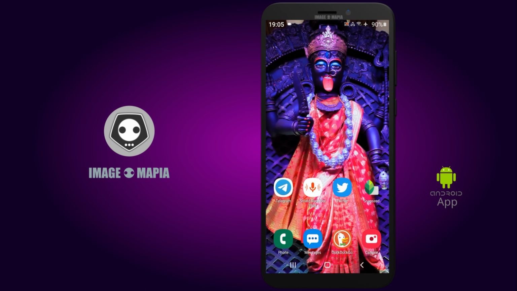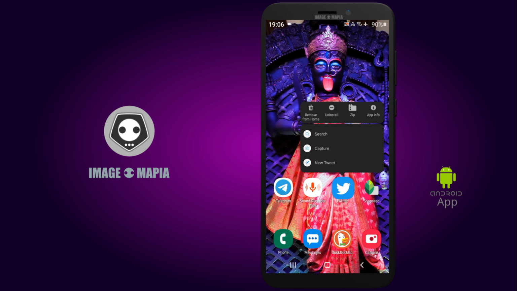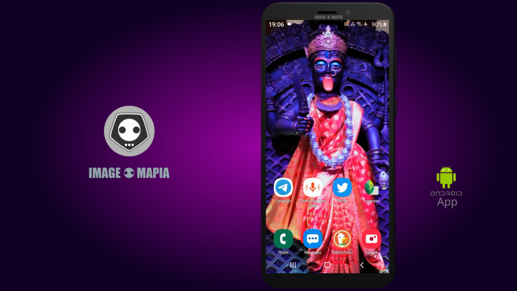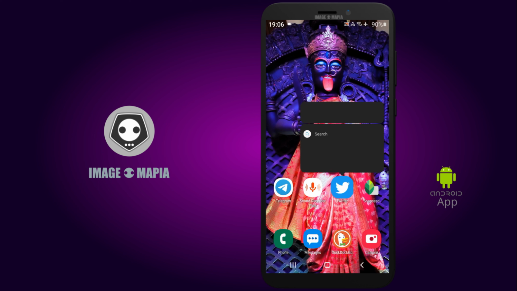For example, if I want to uninstall Twitter, I can't. Let me show you: just tap and hold and click. If you press uninstall, the app uninstalls